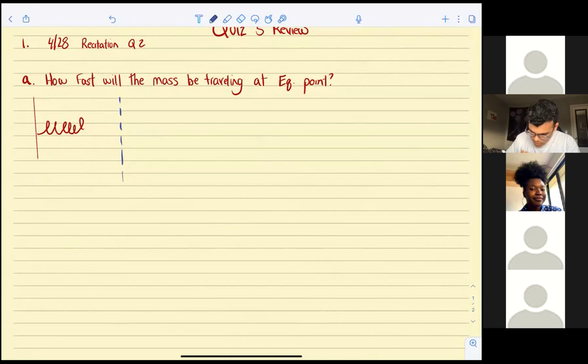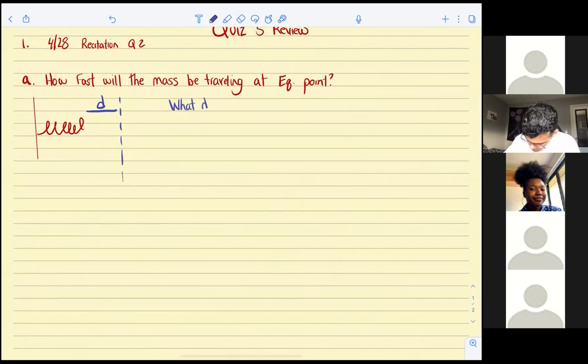Okay, so you have a spring and it's compressed a distance d, they tell you. And they want to find the velocity when you're going over the equilibrium point. So the first thing I want to ask you is, what is true about this system when you're going through the equilibrium point? What does that even mean? Can somebody tell me that? Not everybody all at once, though. Delta x is 0. This is true,